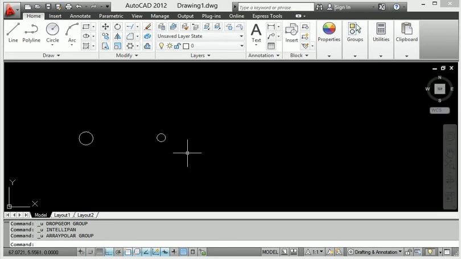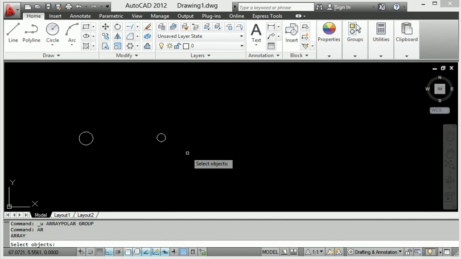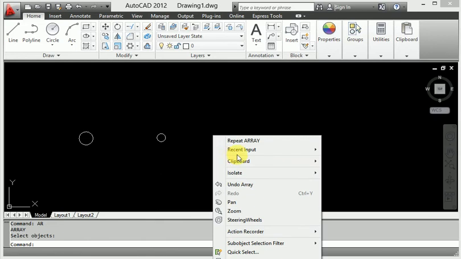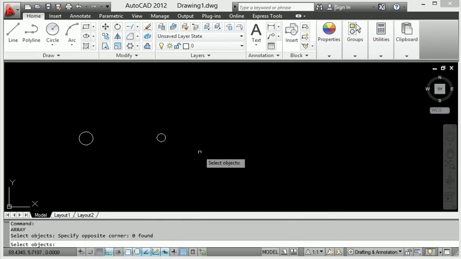So when I type A R and enter, array, it just comes to array here. When I type A R enter, it applies the array.